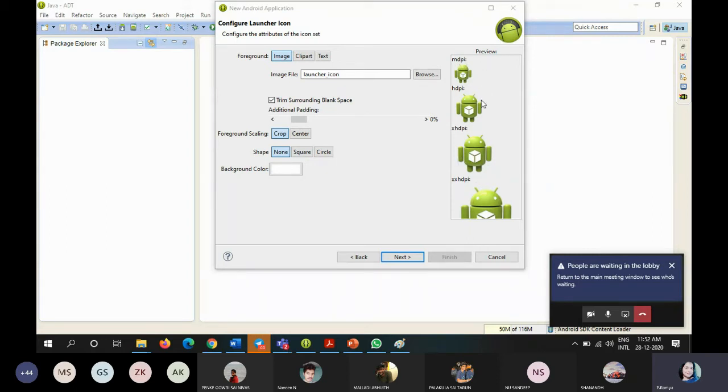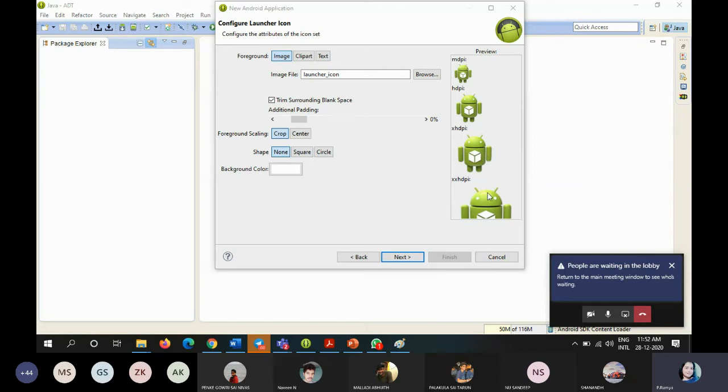So you can select whatever preview you require. Where you are going to select that particular preview, I am going to show. Within this configure launcher icon, you can't select the preview. We don't have the right to select the preview here. Where you select the preview, I am going to discuss once configure launcher icon is completed.